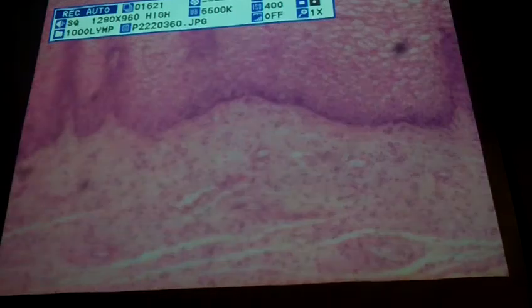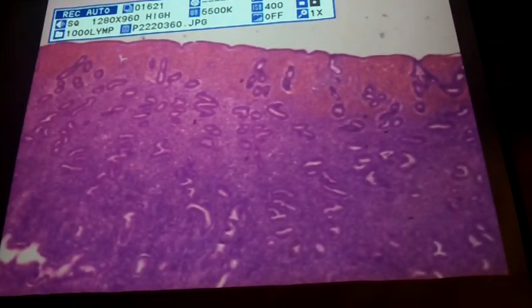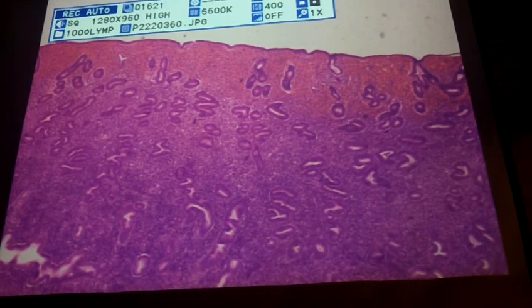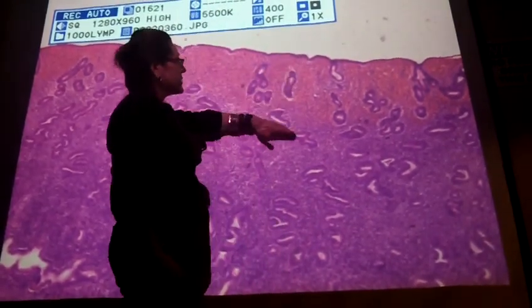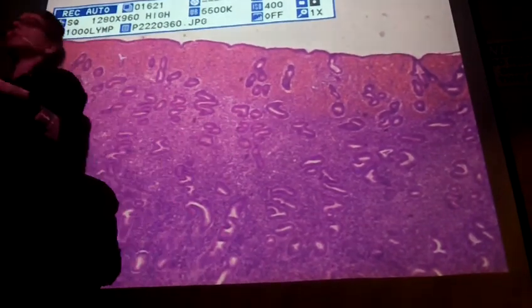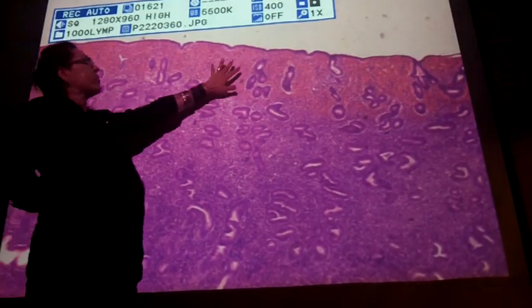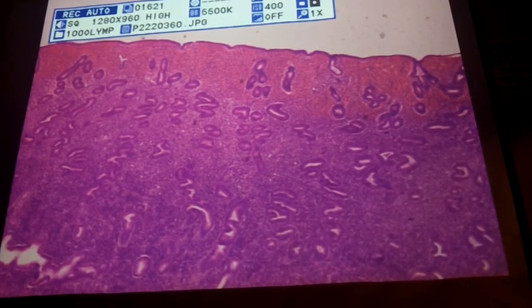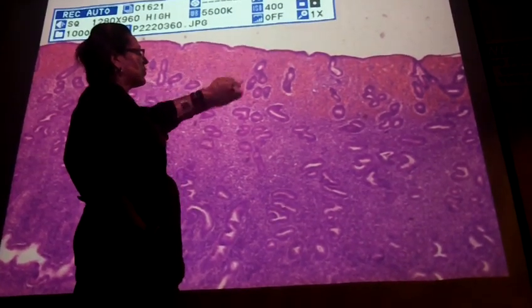The last one is the uterus. Let's see if we can get that up here before they shut us down. The uterus will look different depending on what cycle it is in the month. And so this one right here, this would be the innermost part of the uterus. So this layer of cells right here, this is part of the endometrium. And that layer of cells, we're going to talk about this on Thursday, this will either get thicker or thinner depending on what part of the cycle we're in. So during menses or menstruation, this part of this endometrium, except the very deep